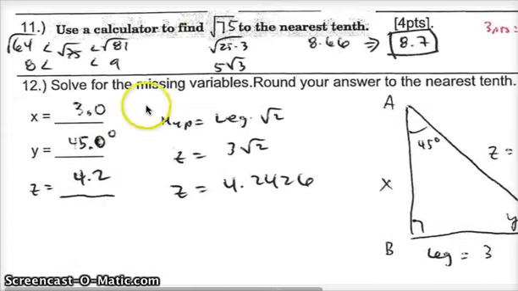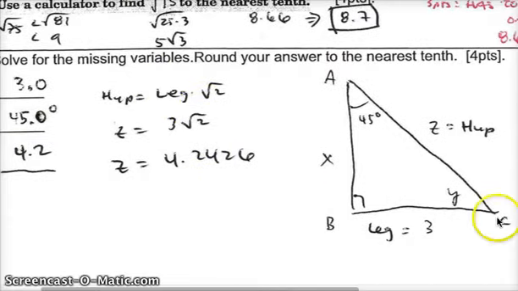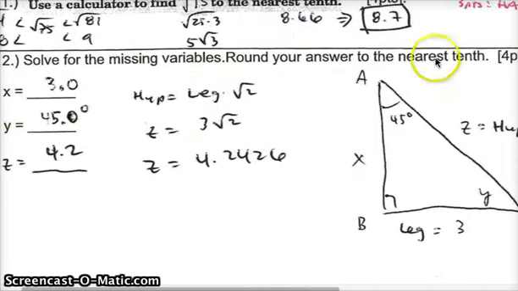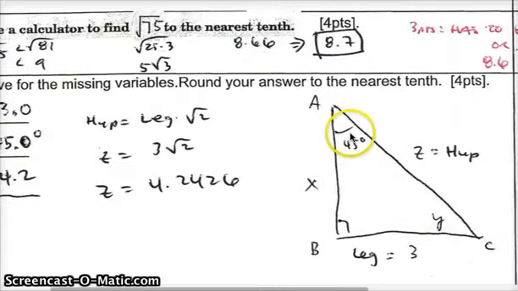Question number 12, solve for the missing variables, round your answer to the nearest tenth. So I gave you this triangle here, ABC, it's a right triangle. I gave you 45 degrees and I gave you y, which means it's a 45, 45, 90. If you just filled in y here with 45 degrees, I gave you 2 points. The reason why I have a decimal there, it says round your answer to the nearest tenth, means it should have a decimal. If in this problem I give you 3, 3 is your leg. X is also your leg, and this is essentially an isosceles triangle, so